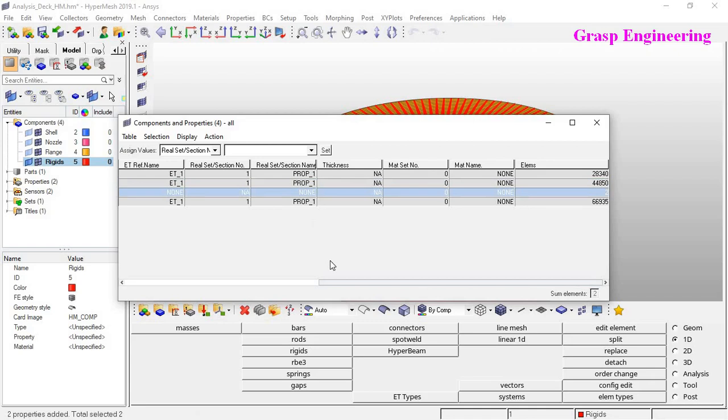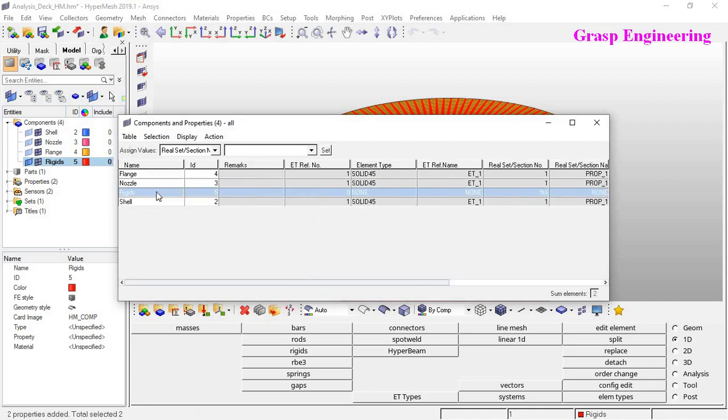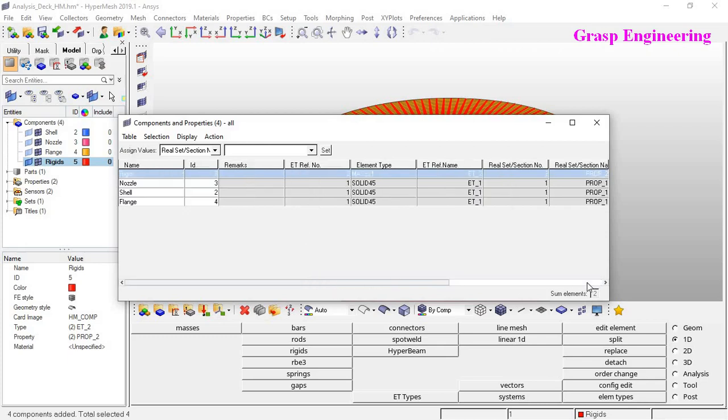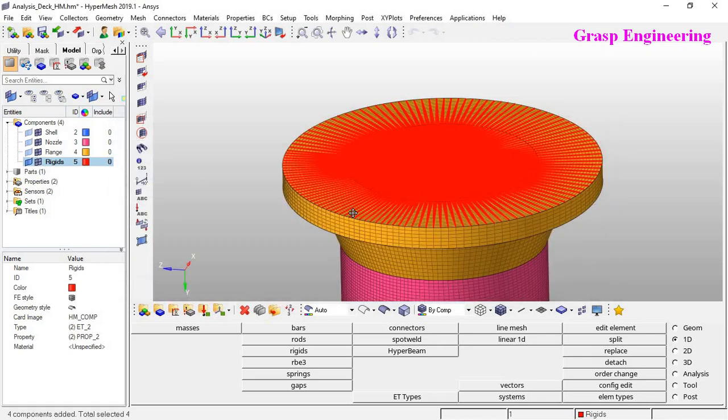So now none is only for rigid. So here we created a mass element. So what I will do, I will assign that respective mass element. Okay, now I think we assigned element type as well as real sets. Okay, so now let's close this. Now the next part is to